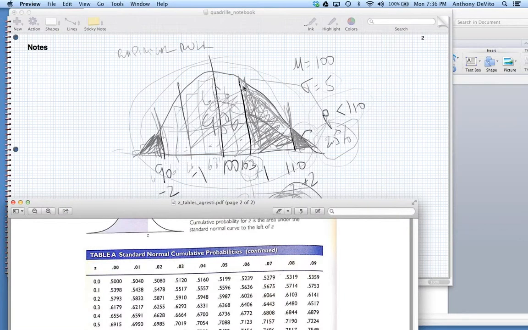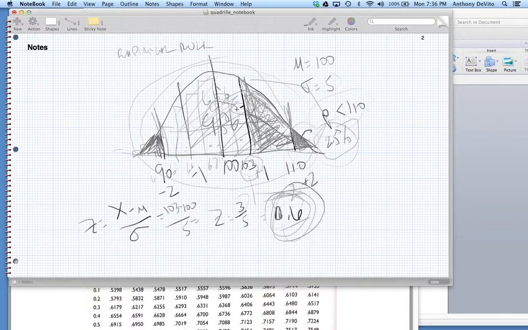So in other words, that tells us, because that's the way the table is set to work, that everything from this area down is 72.6%. Out of 100%, that leaves 27.4%. So the probability of a randomly selected person being above 103 in this particular population is 27.4%. We use a z-table to figure that out.